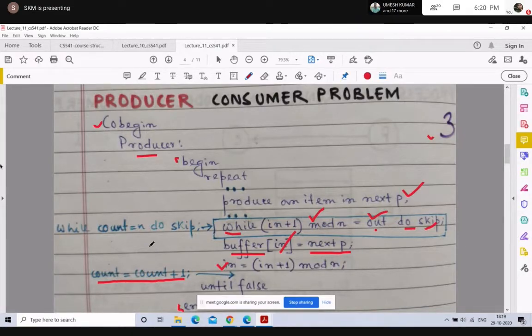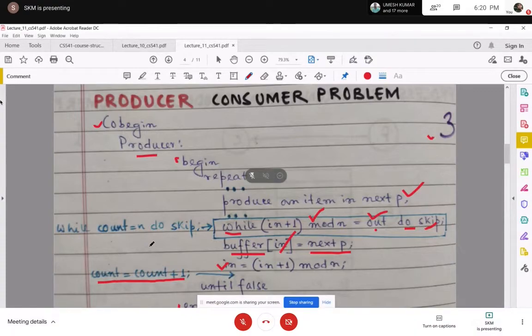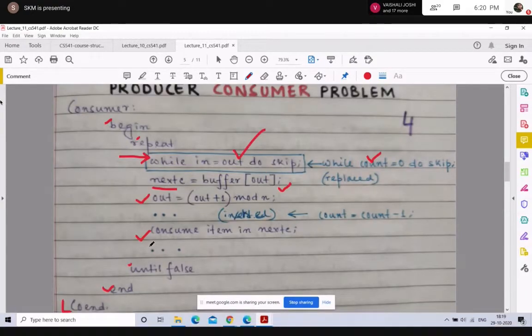So basically for the producer process, count is equal to n means the buffer is full and the producer cannot put an item in the buffer. Similarly, for the consumer process, if count is equal to 0, which is what I am checking in the while loop, it means that the buffer is empty. If count is greater than 0, only in that case the consumer can consume an item. And it has to be reduced by 1, because now the number of items present in the buffer is less by 1 because the consumer has consumed. So either you can use this statement using in or out, or you can use the variable count. Both are okay. Now, here is the catch.